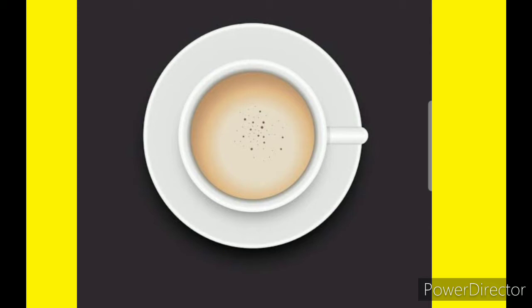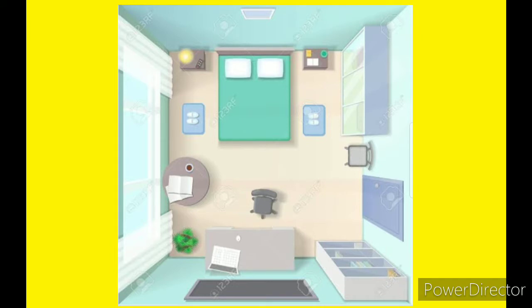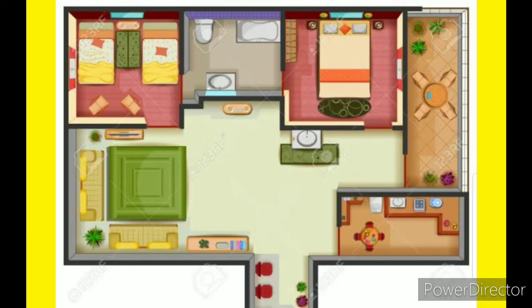Let me just give you another example of a room. If you are inside a room, you can see everything from a side. And when you see the same room from the above, from the top view, you will find everything in that room, but with other shapes. Yes or no? Yes. Now, I am sharing some pictures regarding these views. Now, easily you can find the side view and the plane view of these pictures.